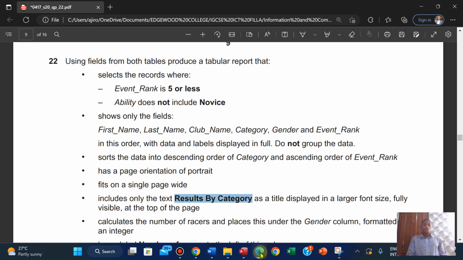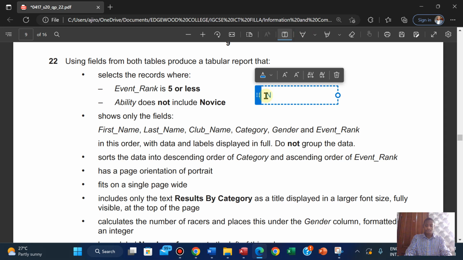Ability does not include novice. Okay, so obviously I'm going to copy this. Does not include that. There are two symbols we could use here. I'm going to put this down. We could use not